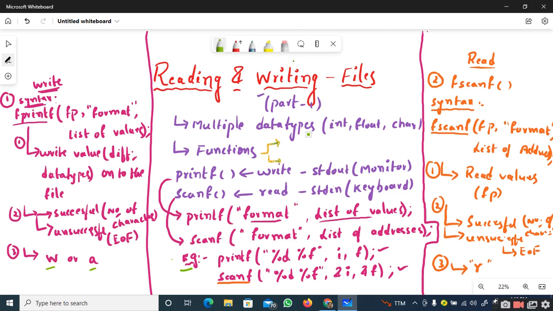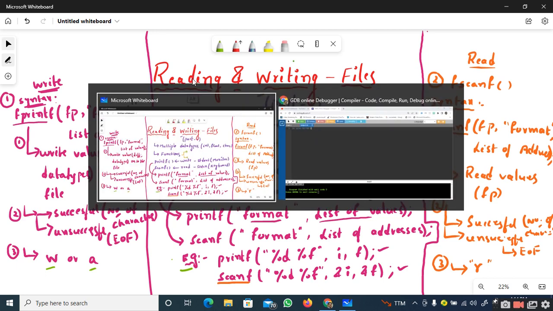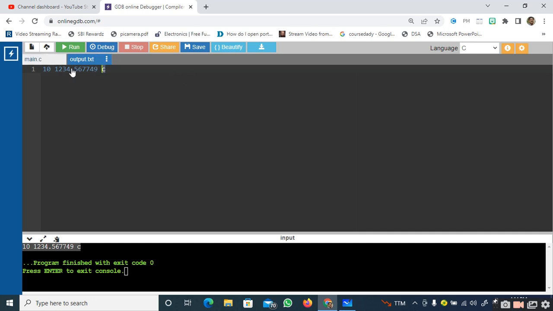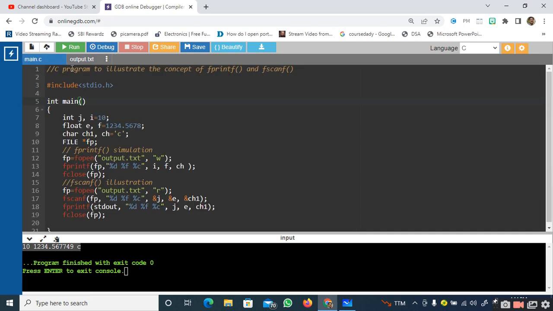When you use fscanf, you should always open the file in read mode. And we concluded our discussion with a programming example to simulate the fprintf and fscanf concept.